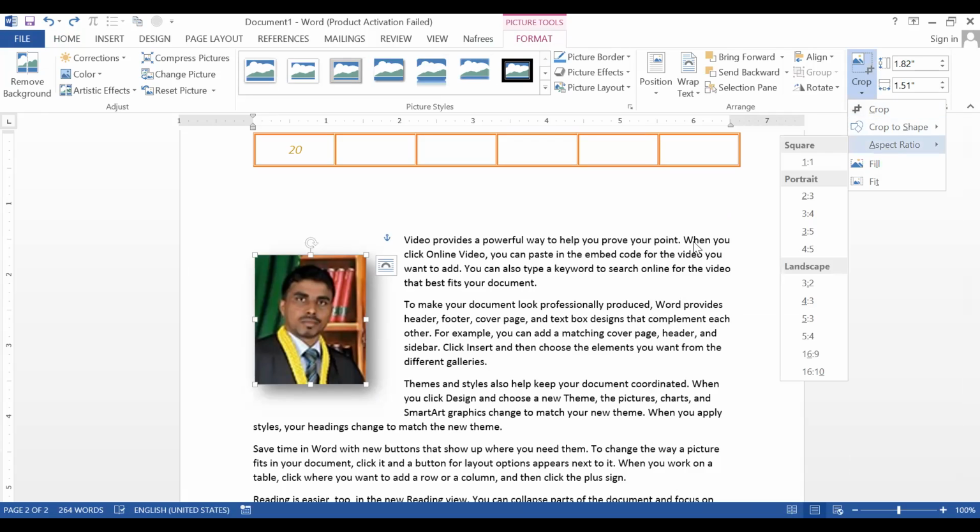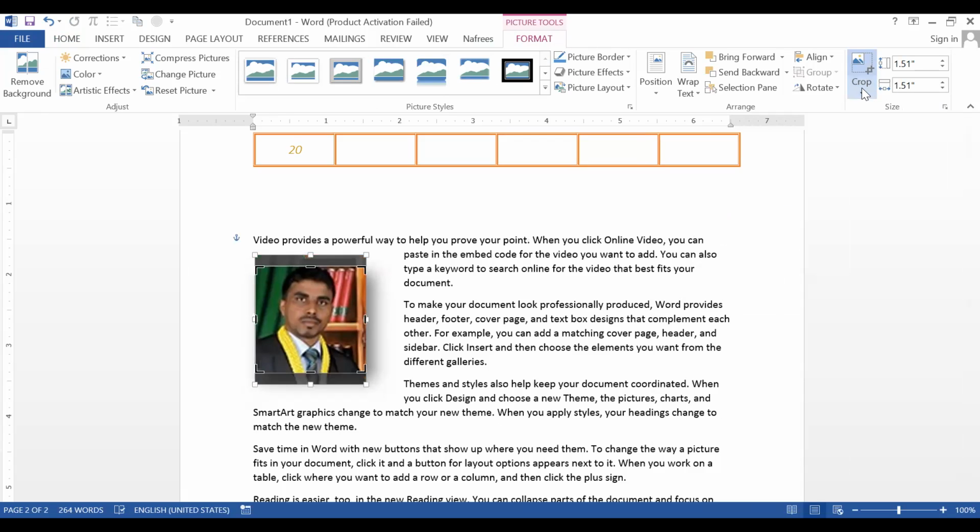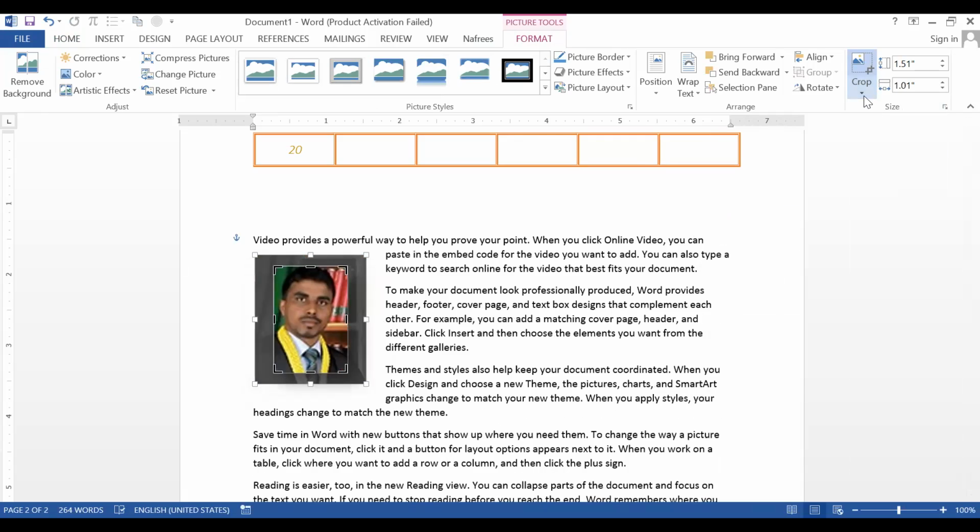See, this is square. So based on the picture height and width, it will help to crop your picture with the aspect ratio.